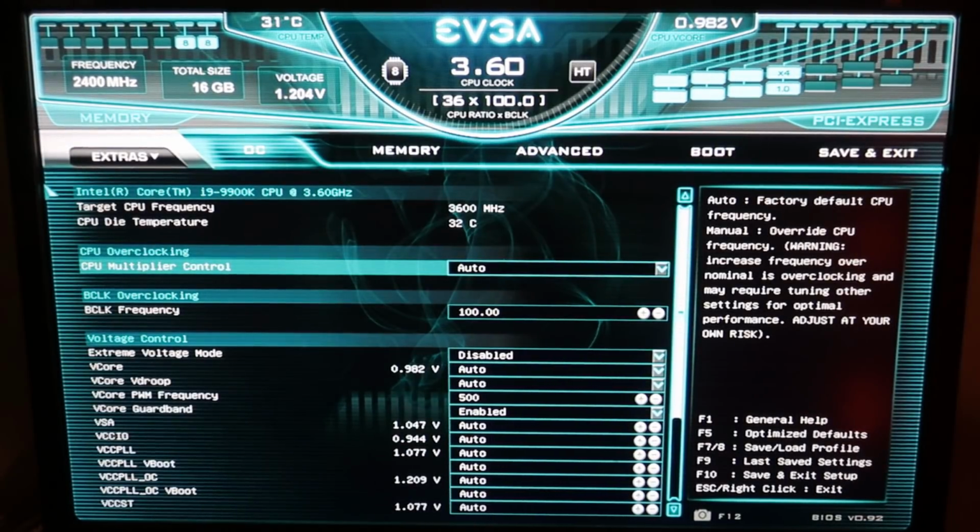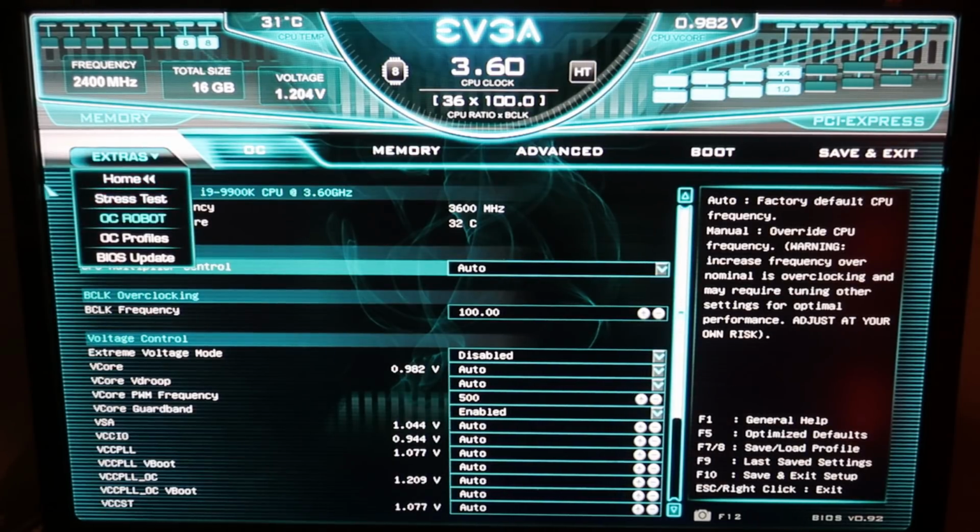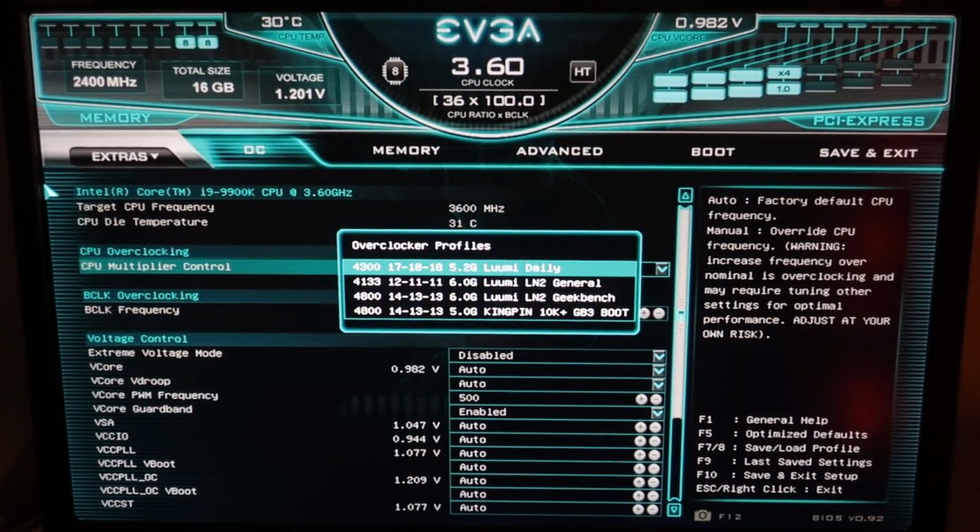Right then, now that the BIOS has been flashed to the correct version, we can get on with making all the necessary preparations for the XP installation media so that we can install it. With the now released XP BIOS, there are also some nice baseline overclocking profiles added to the BIOS, which you can use. They are made by me and also Kimpin, so you can find a very baseline CPU and memory overclocking profile for daily use, a general liquid nitrogen baseline profile with 6 GHz overclock on the CPU and